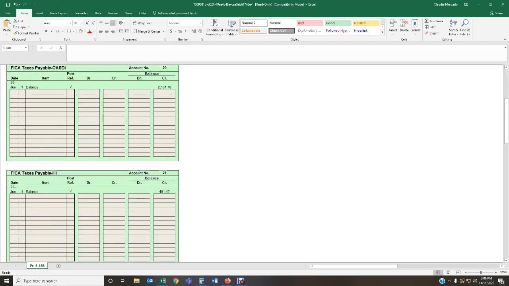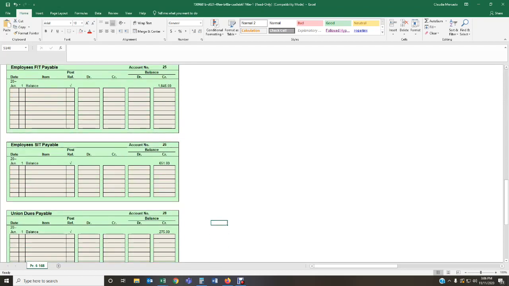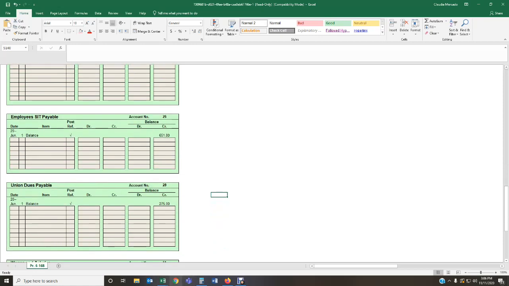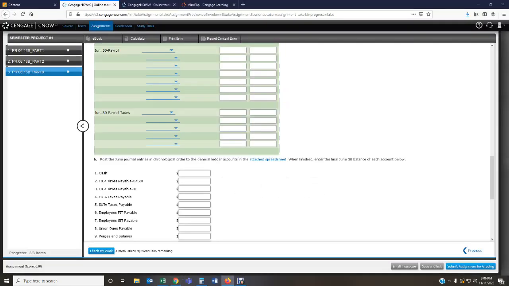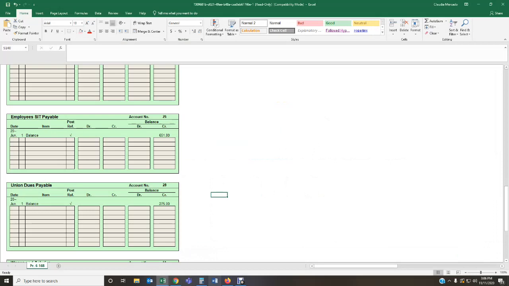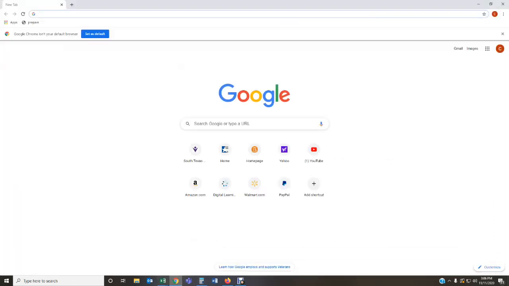Make sure that the balances are correct. Make sure that you enter all of your transactions so you can get your ending balances. So you're going to fill out this spreadsheet in Excel to calculate the ending balance for each of your accounts. Okay, let me go back. Once you've calculated the ending balance using the spreadsheet for each of your accounts, then you're going to transfer that information over.